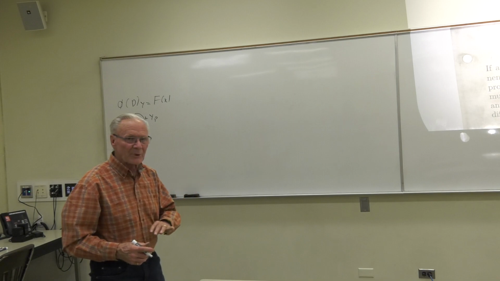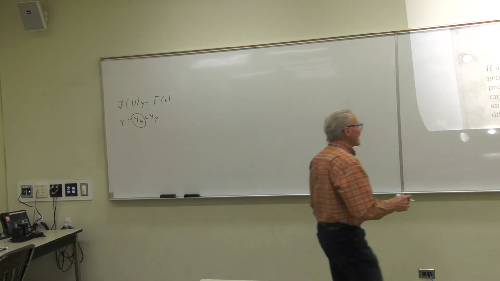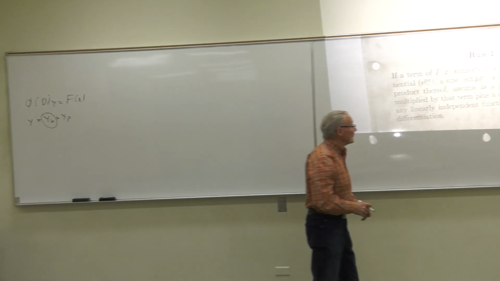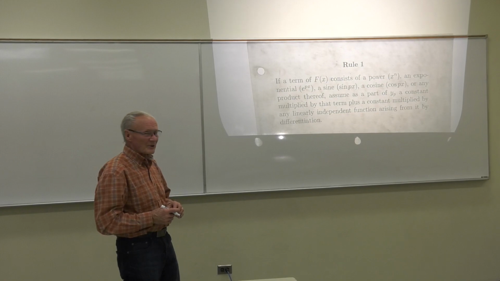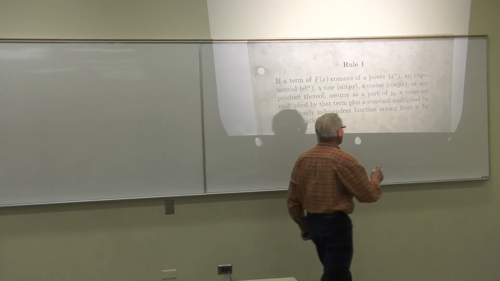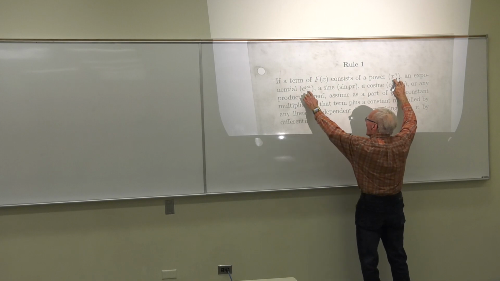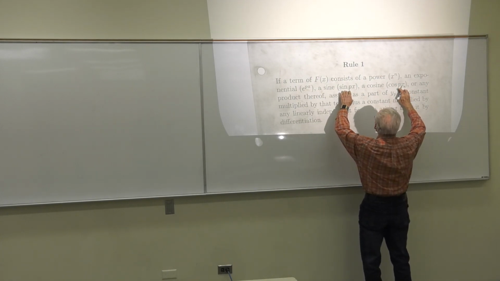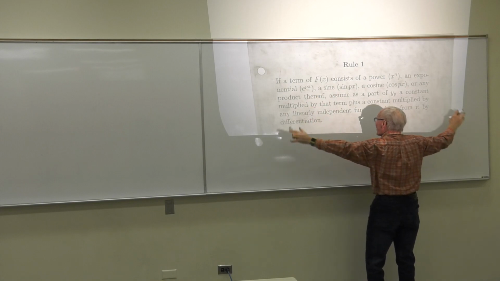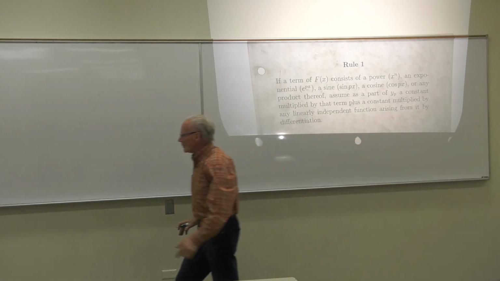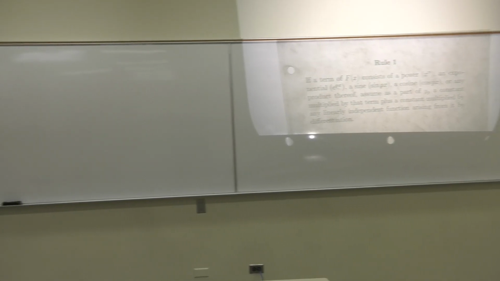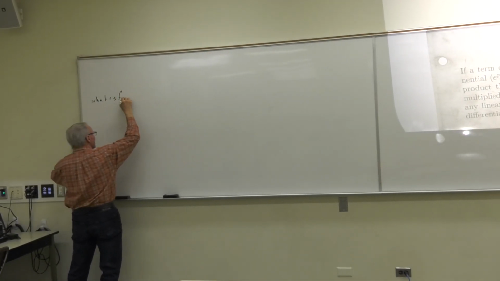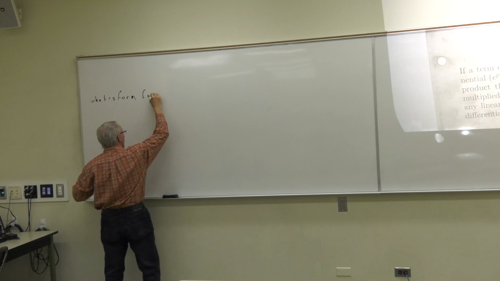And we did some examples, and at the end of the last video, I gave you this rule for finding a particular solution using undetermined coefficients. And again, it only handles powers, exponentials, sines and cosines of these forms, or sums or products of. So let's put an example up here. What is the form for y sub p